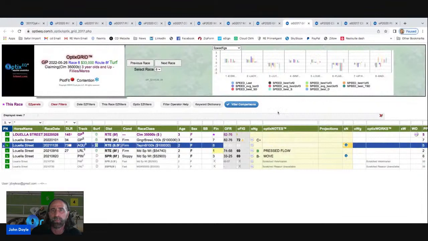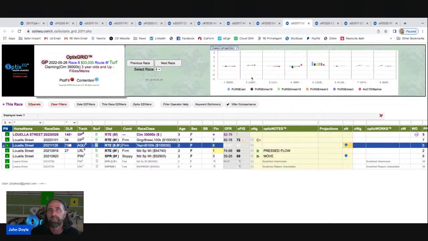When you click V-bars, what are the V-bars? This is just a bunch of different handicapping categories. We usually default on speed figures, and you see these little subcategories under speed, like the last race, and this just compares horses to one another. Let's compare class competition. You can see all the bars above 0 are positive. So this horse dominates on class,